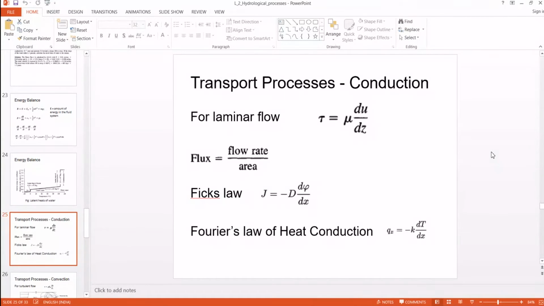Okay, because when heat or temperature is transferred from one end to the other, there is a temperature gradient, that is dT by dx. The qx is the heat flux. Heat flux is nothing but the rate of transfer of flux through unit area. So that is heat flux qx, and k is the thermal conductivity, because this is for energy conduction, whereas Fick's law is for mass conduction.